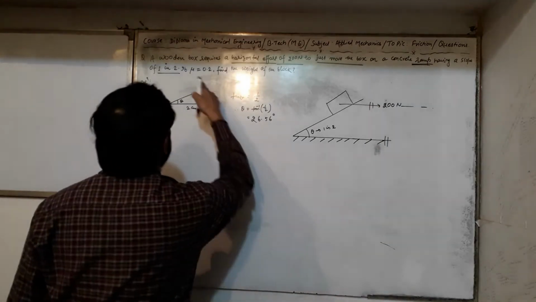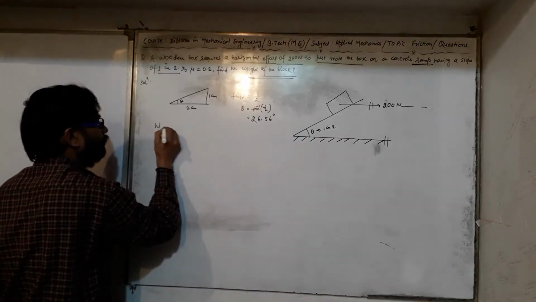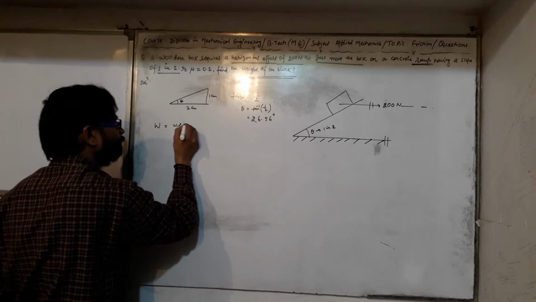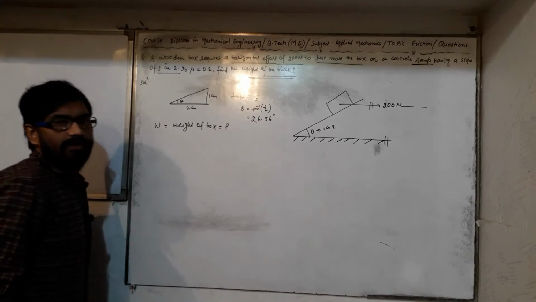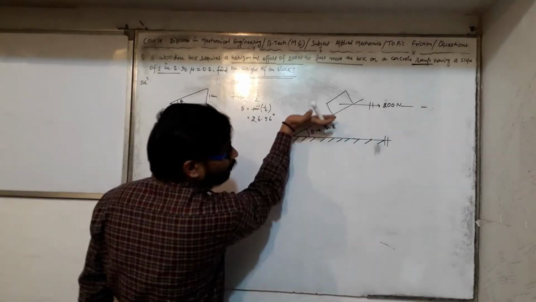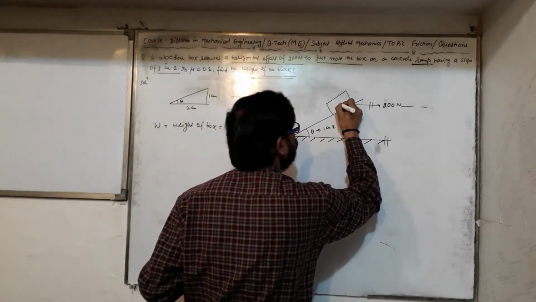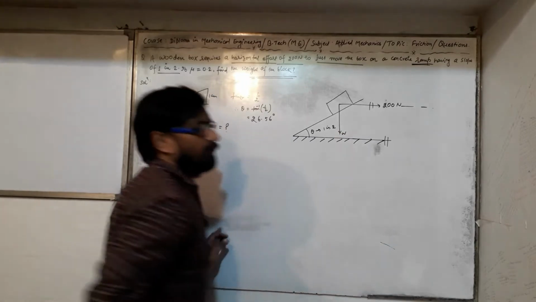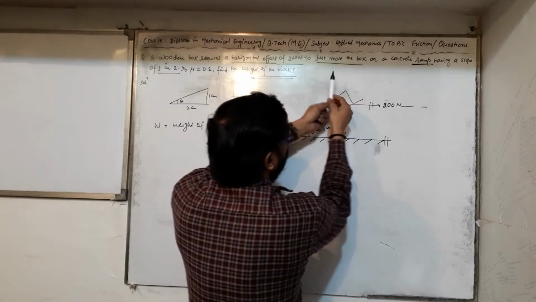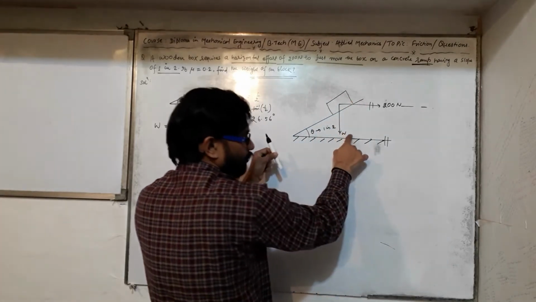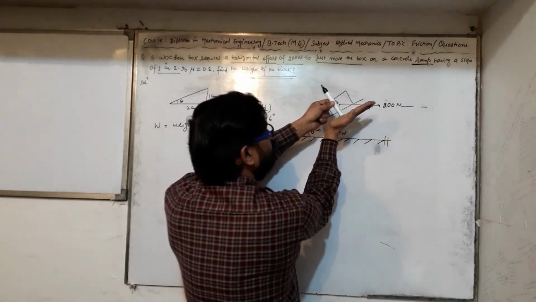Now what would be the weight of the box? Let us say W is the weight of the box, which I am going to evaluate. Now 200 Newton is acting horizontally. If W is the weight, then this weight acts in the downward direction and it has 2 components. Suppose this is the inclined plane; due to W, a normal force would act on the box, perpendicular and normal to the plane, like this.